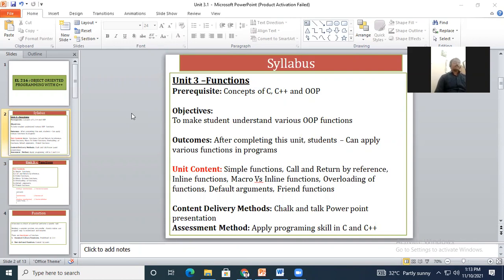Here we cannot do any modification in the name of the function. We cannot write a capital C in cout, or any capital letter in between. We cannot modify the name of that function; as it is, we have to use it.